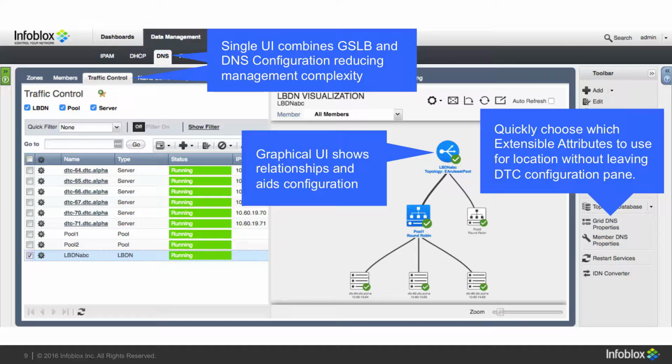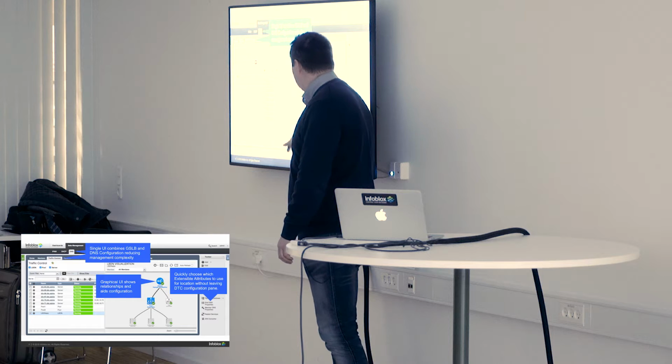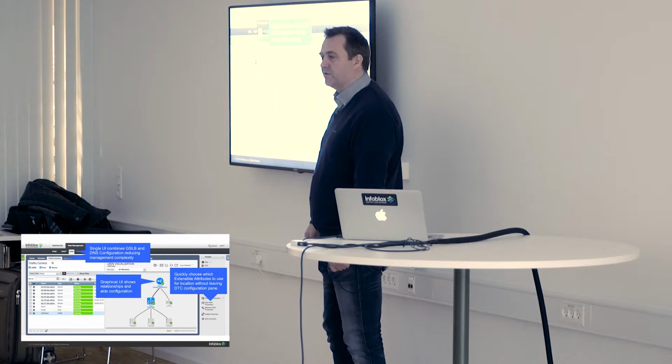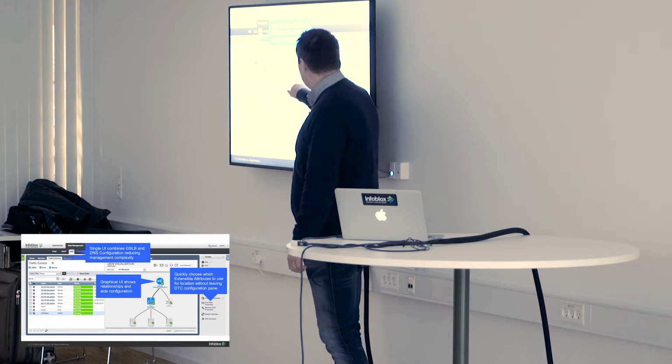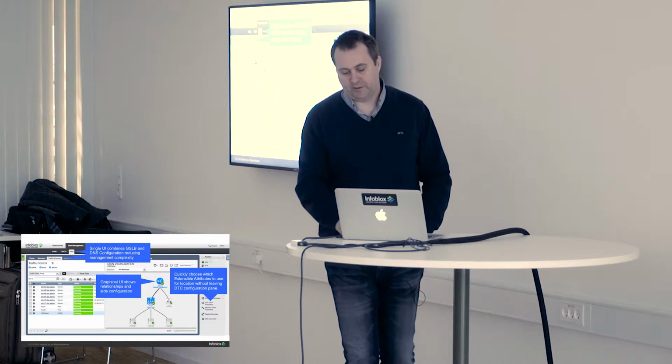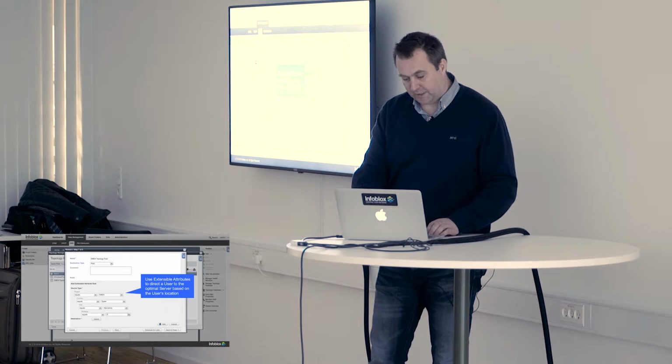So the user friendly, so if you go to traffic control, you can basically see your service that you're doing. You can have different pools assigned to it, and then to the pools you can add different service, and you can basically click on these icons and go configure them. To give you an example